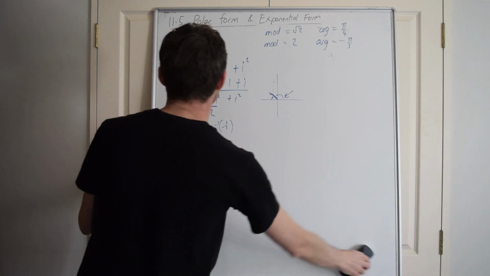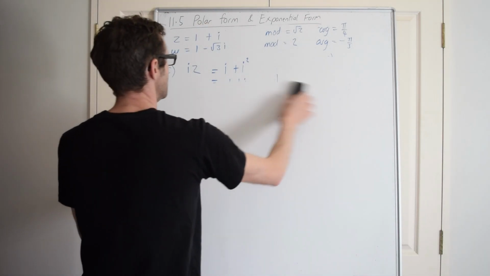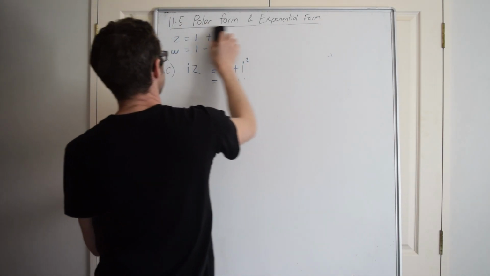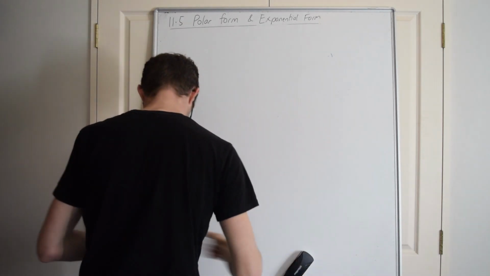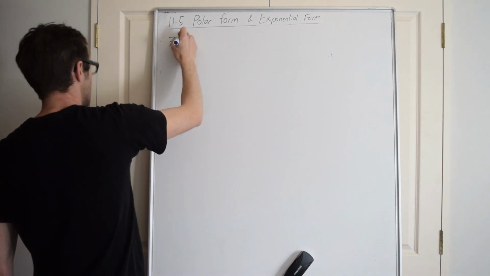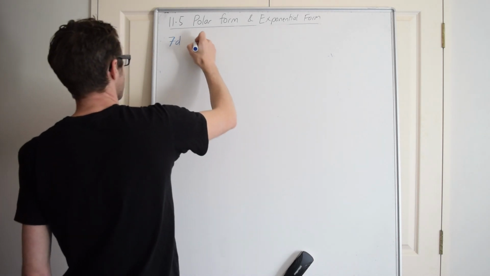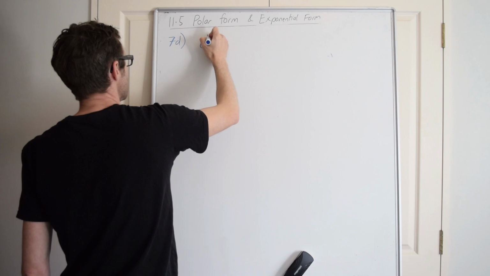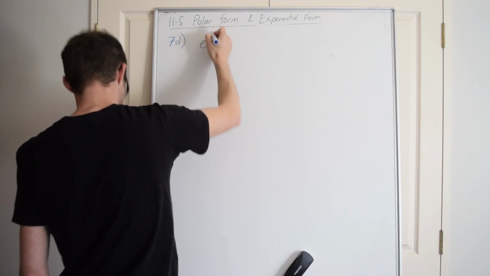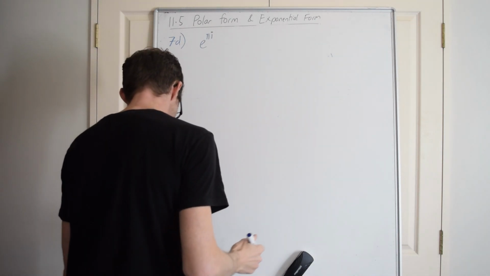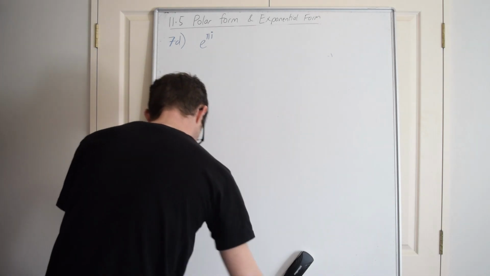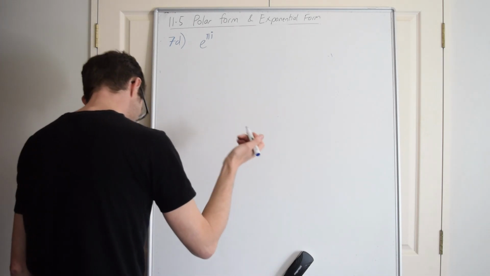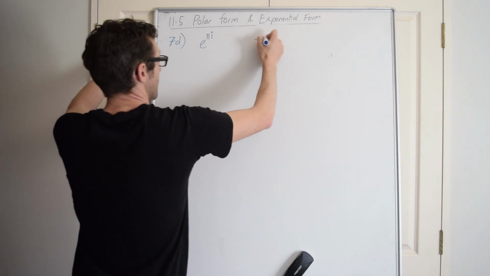We have 7D, which is the next one I would like to look at. In 7D we are given some exponential form information, e to the power of pi i, and I need to write it in this form here, x